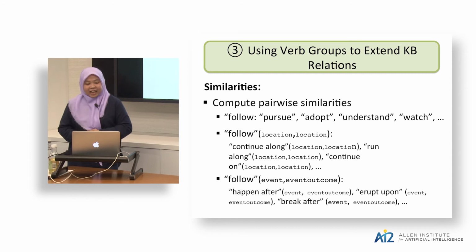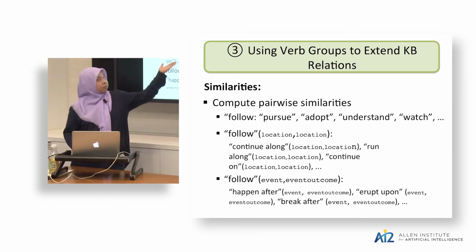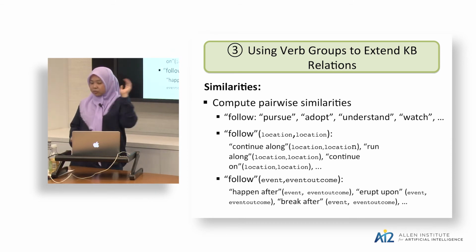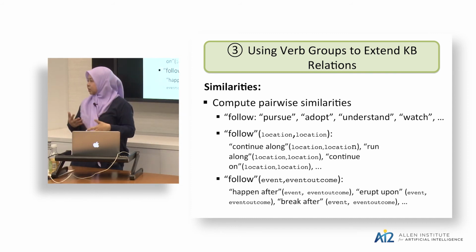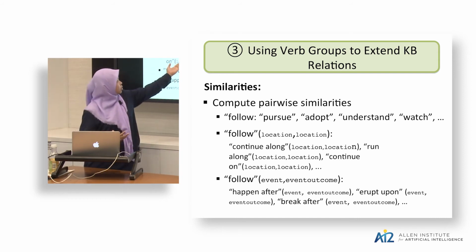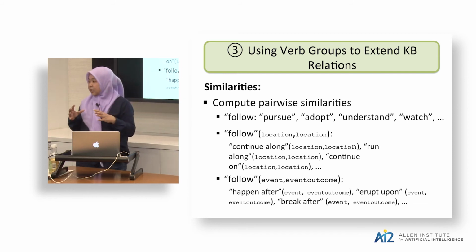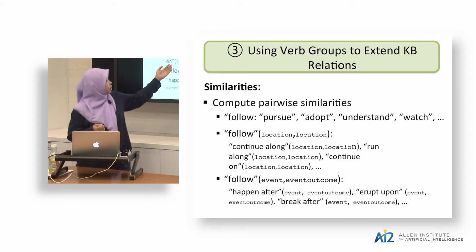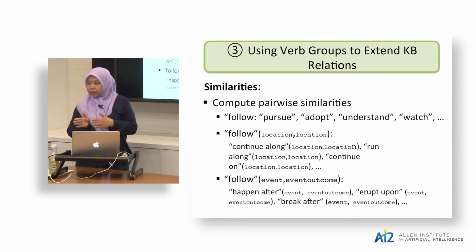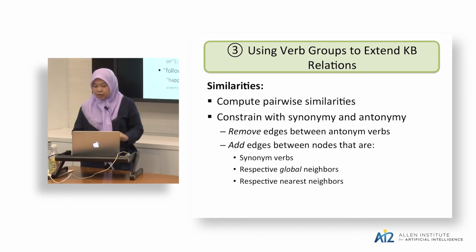Yeah. And so once we got these pairwise similarities, for example, for the global similarities, you can see that for the verb follow, these are the nearest neighbors, and you can see that they are synonyms of the verb, but they express different senses of the verb. But if you go into the type verbs, you see that the different type verbs' nearest neighbors actually express some sort of the sense of the verbs. So for example, the sense of the verb follow as in moving along something, or the sense of the verb follow as in happening after something.